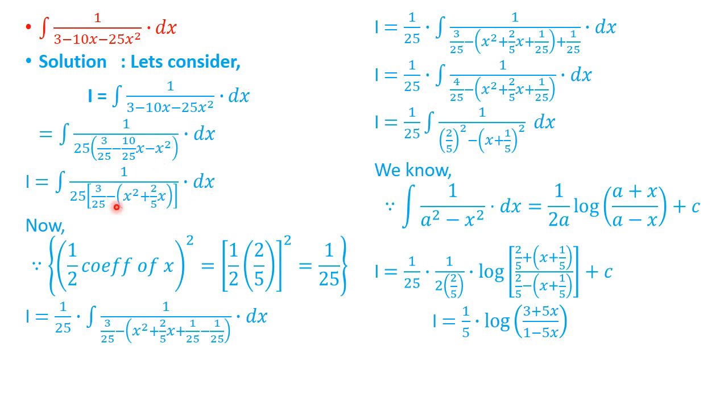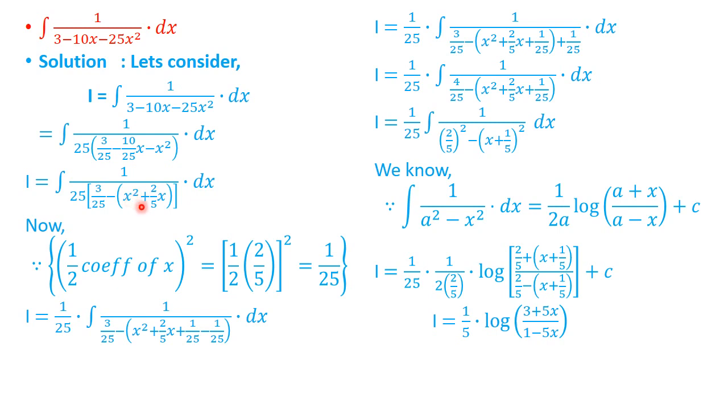Now x square is free from any coefficient. Now 3 by 25 as it is, but we have to reduce this x square to a positive sign. So how do we make it positive? Both the terms have a negative sign. Take it common and put a bracket. If we put a bracket, then these bracketed terms have the opposite sign, so their signs get changed. Minus becomes plus, minus becomes plus, isn't it?